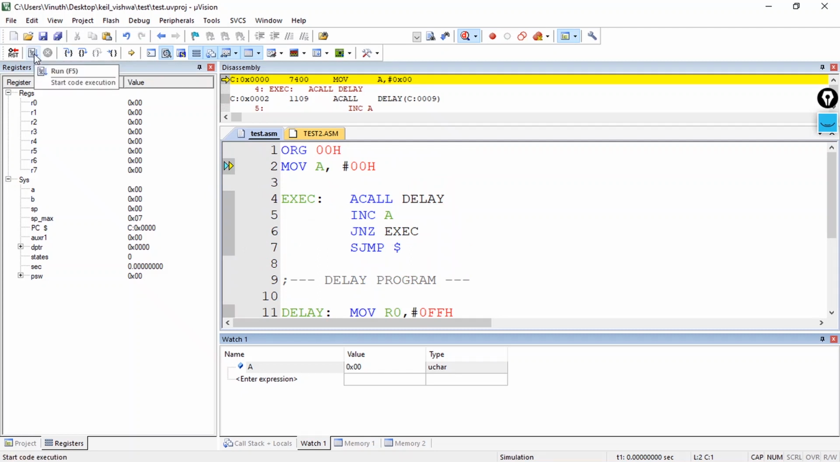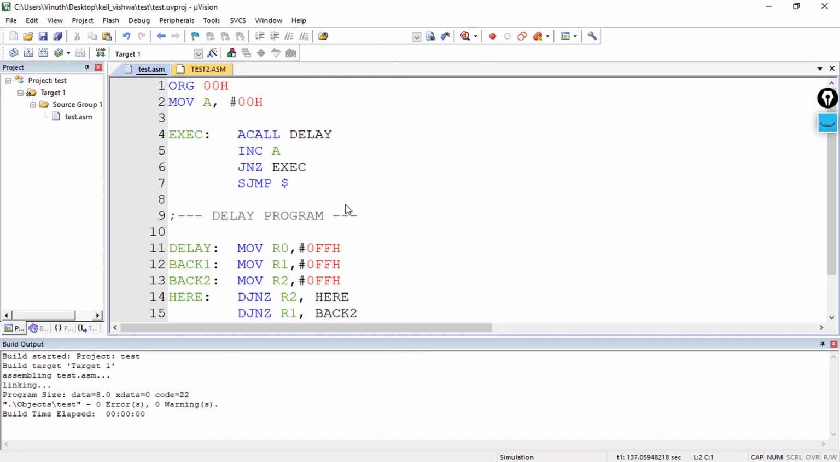In order to run the program, either you can go over here and press this particular symbol, or you can press F5. Now you can observe, after I have pressed F5, A is getting incremented to 4, 5, 6. Okay, now you can observe that the delay you are having, it is getting incremented somewhat late. If you want that to be much faster, what you can do is,